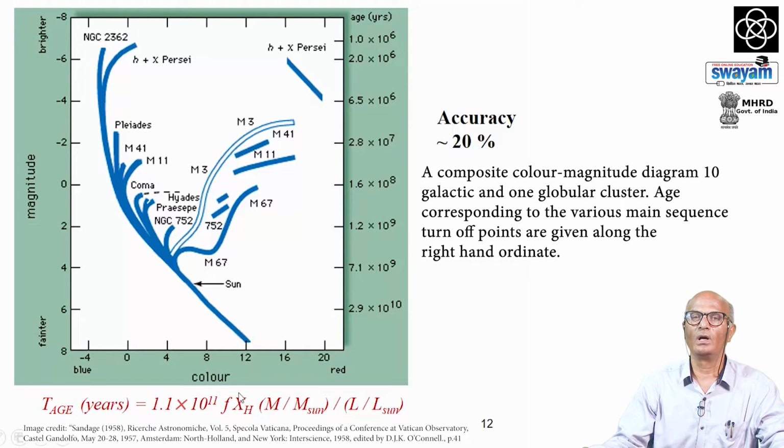And this is the formula which we can derive empirically, that is T, age in years, is equal to the expression which is given here. It is a function of mass and luminosity, and also this F is the fraction, and this is the metallicity, X, the hydrogen fraction. In this process, we can say that the accuracy of the age determination is typically about 20-25%. It is not more than that, but it has been very useful to find out ages of the various clusters,